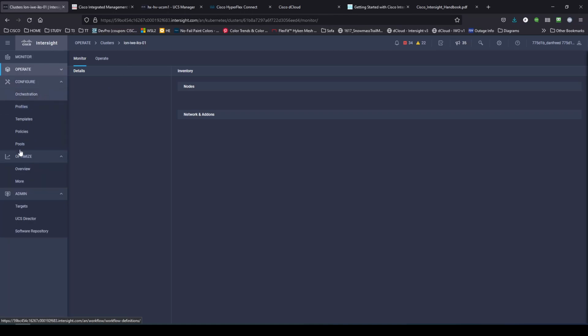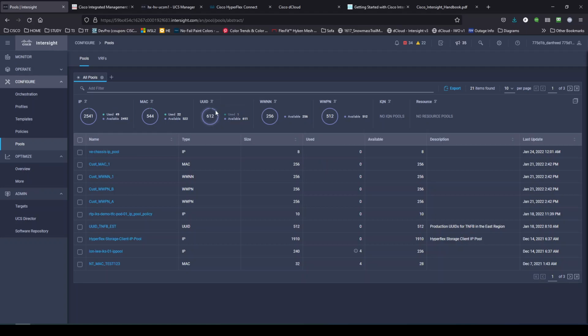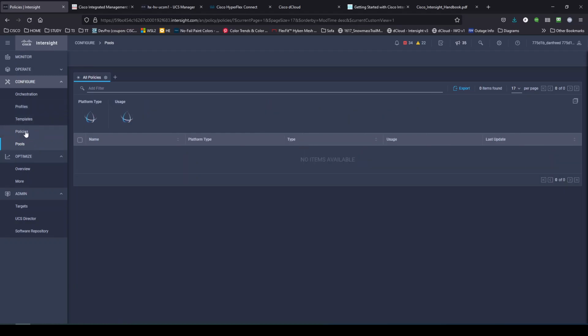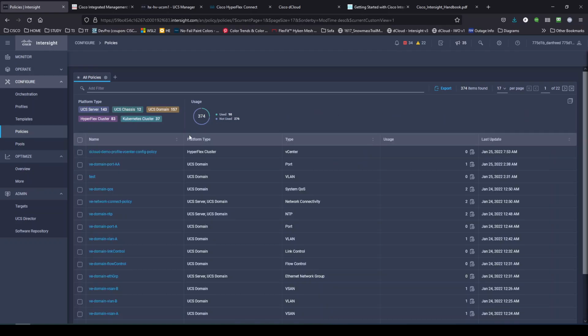Now we're down to configuration. So I had already mentioned pools, things like IP pools and MAC pools and UUID pools. Normally you would come in here, create a pool, define the type, define the parameters, and then you'll wind up with a pool that you can build into a template or a profile. If you come under policies, same basic idea: create a policy, define the type of policy you want to create, and then here we've got like a VLAN policy,